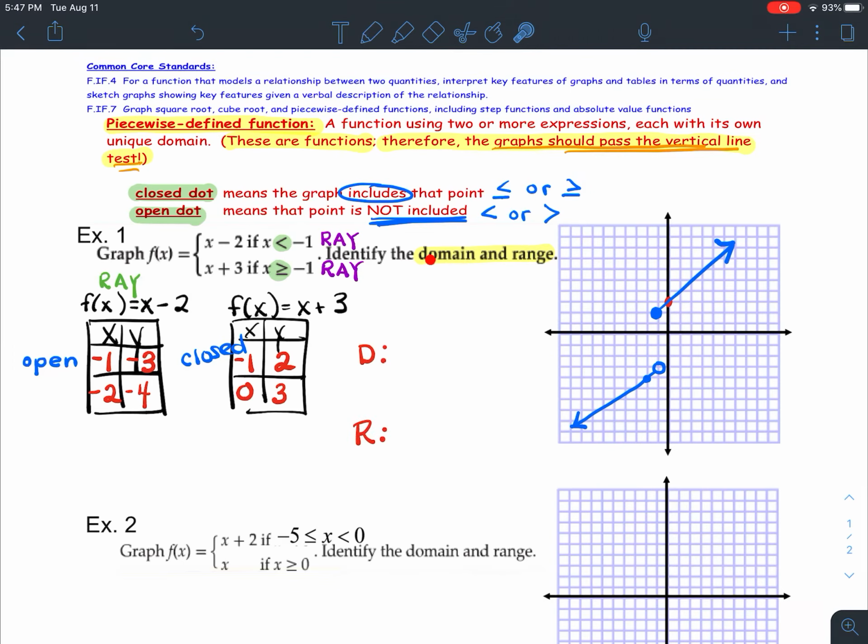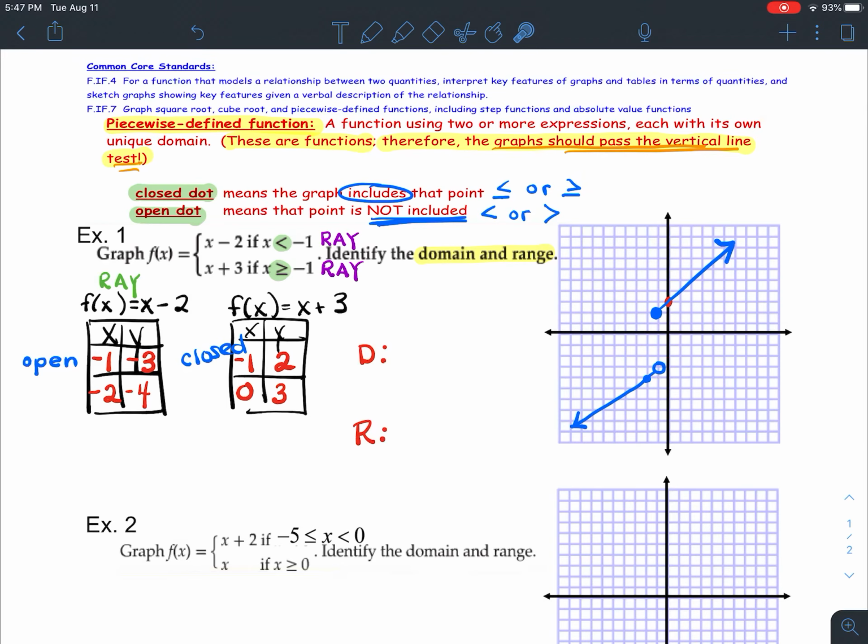Okay, now this is asking us to go ahead and state the domain and the range for this graph. So I'm going to put a D with a colon and an R with a colon. Remember, domain, those are your x values. So what you want to do is look at this graph and have your eye start all the way on the far left. Pretend this arrow extends forever to the left. The very smallest x value that would be included on this graph would be -infinity because this continues to the left forever. So as you work your way from left to right on this piece, you'll notice this piece stops